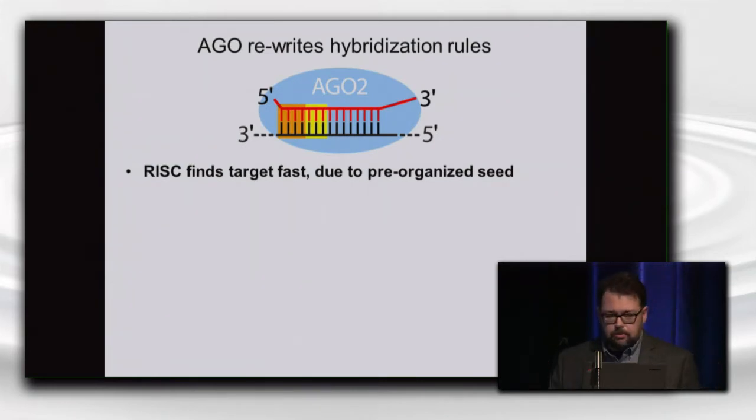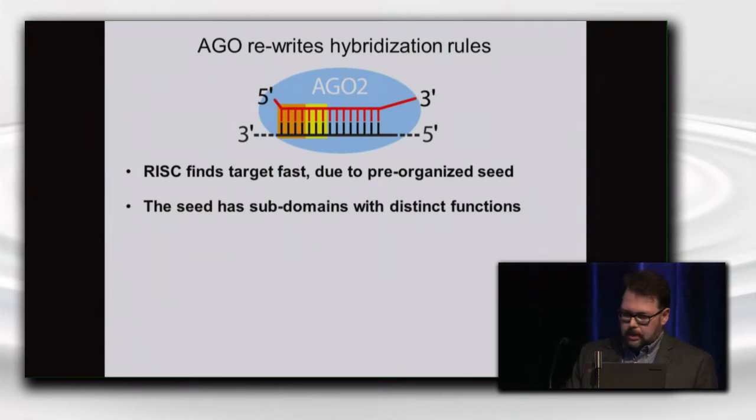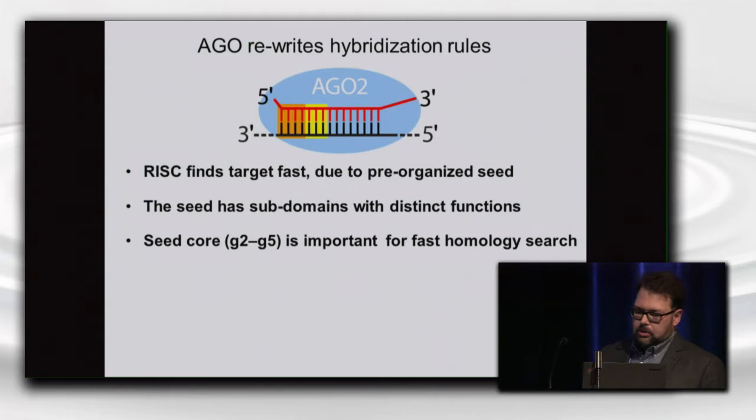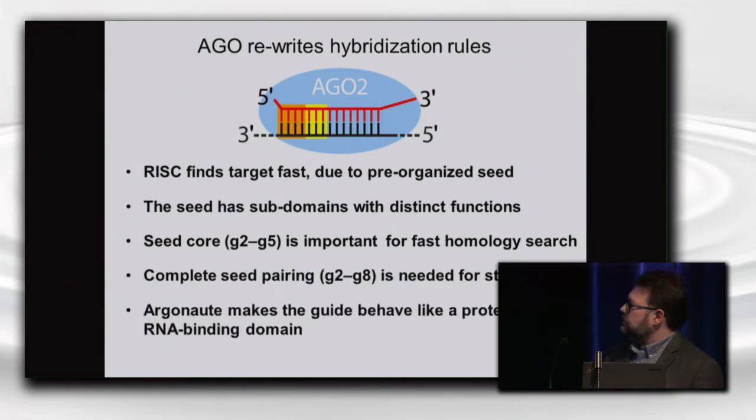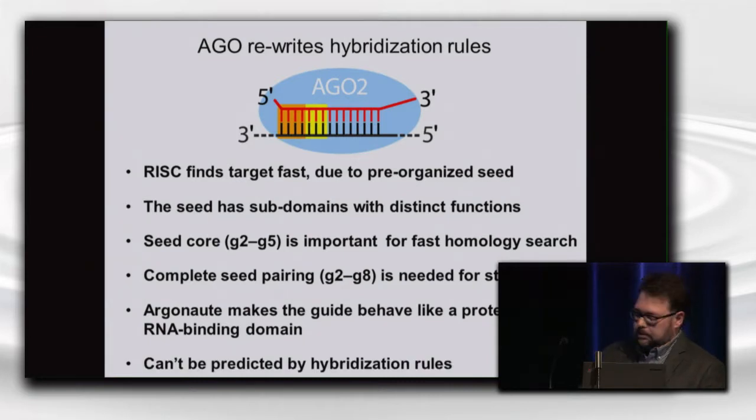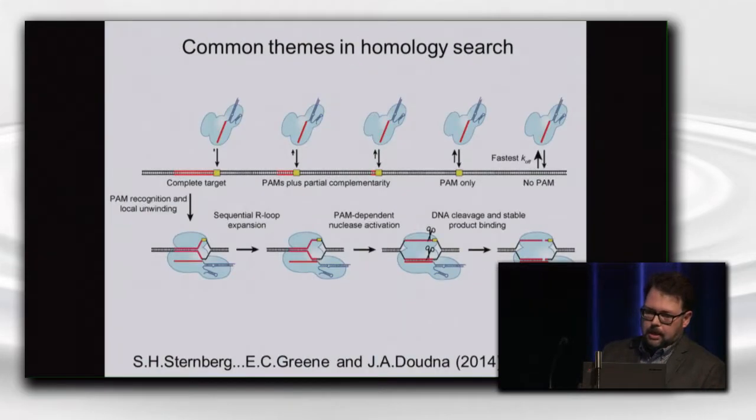So to summarize, we found that RISC binds target very fast due to a pre-organized seed, and the seed has subdomains with very distinct function. We found that positions 2 through 5, which we now call the seed core, are important for fast homology search, and the rest is needed for stability. Argonaute essentially makes the guide behave like a protein RNA binding domain, and none of this can be predicted by hybridization rules. Finally, I want to really quickly point out